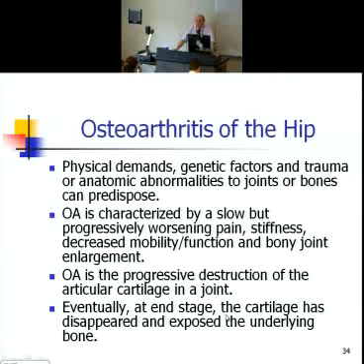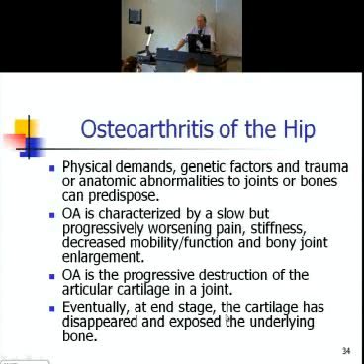So again, what do we see with a patient with osteoarthritis? We see a slow but progressive worsening of both pain, stiffness, and immobility. Progressive, okay? So the patient who presents to you and says, my knee hurt and it started yesterday and it's really hurting, is probably not got osteoarthritis, okay? The patient who comes to you and says, my knee hurts, and you say, well, when did this start? And they say, well, 6 months or a year ago,